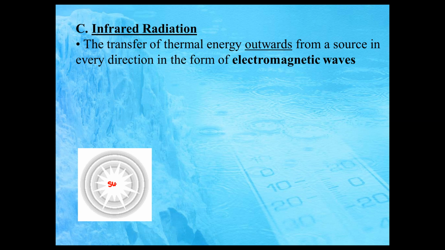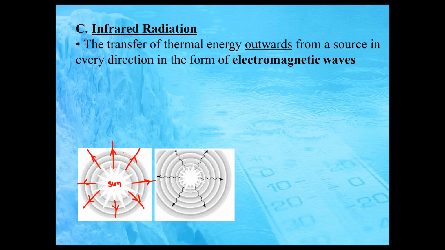Okay, so here's the sun. Infrared radiation from a heat source will be transferred in every single direction. So this direction, towards the left, down, towards the right, up and to the right, up and to the left, down and to the left, down and to the right. So from a heat source, we transfer infrared radiation in every direction, and it travels in the form of an